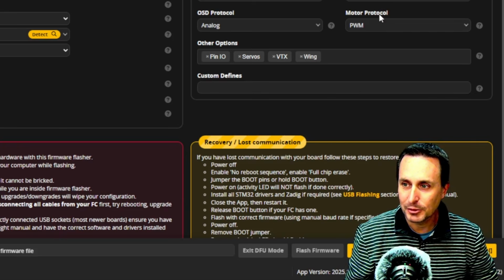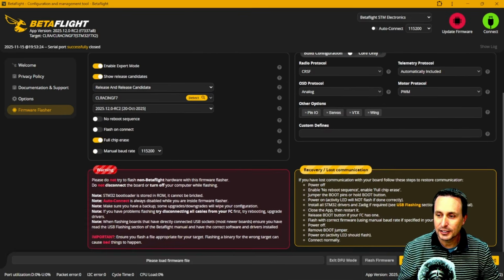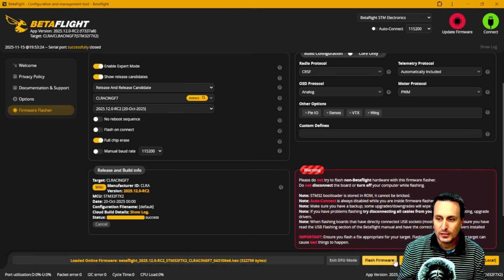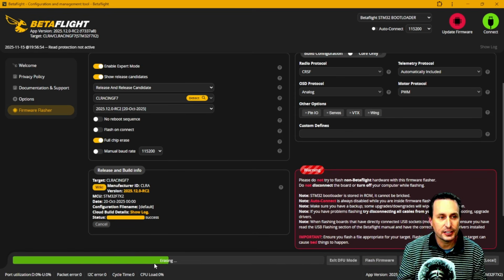So I got my servos, got my wings, I got my PWM. I'm gonna hit load firmware online, let that build, and then once that builds, I can hit flash firmware and it will flash it up. So she's all built. Now I can hit flash, and then it's gonna go ahead and reboot into bootloader mode